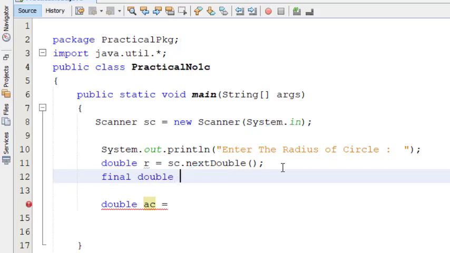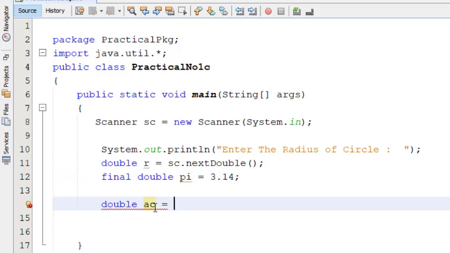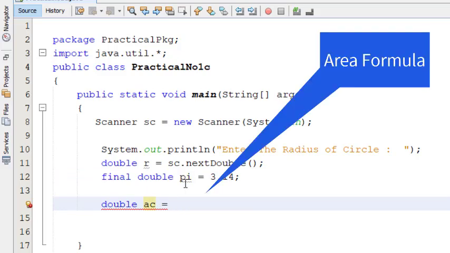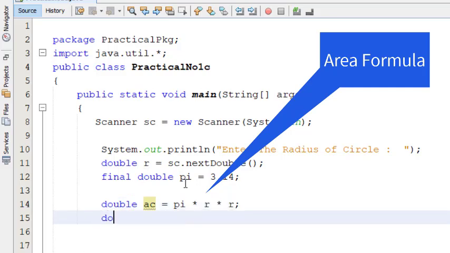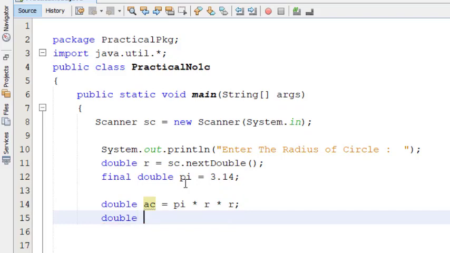Final double pi equals 3.14. Now to calculate the area of circle, the formula is pi into r into r, and to calculate the perimeter of circle, the formula is 2 into pi into r.